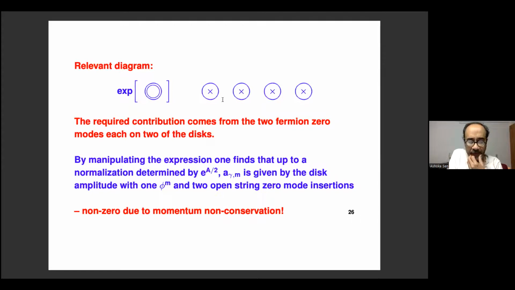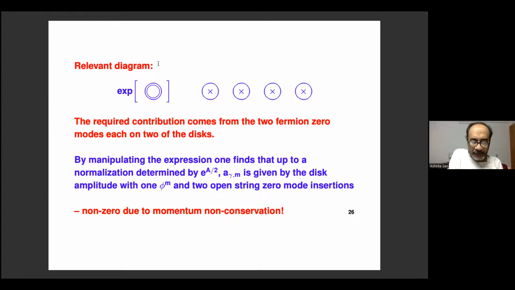And the reason is clear. Imagine that you insert all zero modes on the same disk. Then these have no powers of momentum; these are the single scalars inserted at the center. You may get 2 powers of momentum, but it will be 2 powers of momentum of the same scalar, and because these are on shell, by p squared equal to 0, the result must vanish. So you need 2 powers of momentum, but the 2 powers must be distributed over 2 different disks. That leaves you the only option of inserting 2 zero modes here and 2 zero modes there.